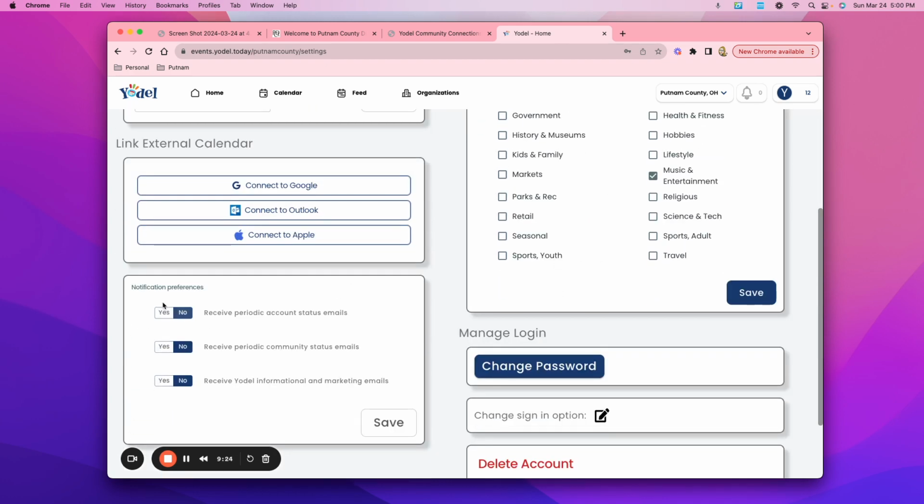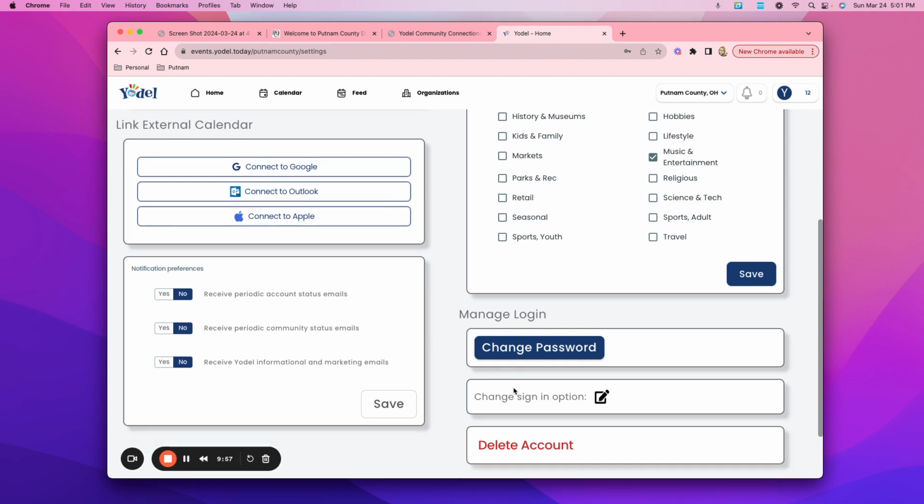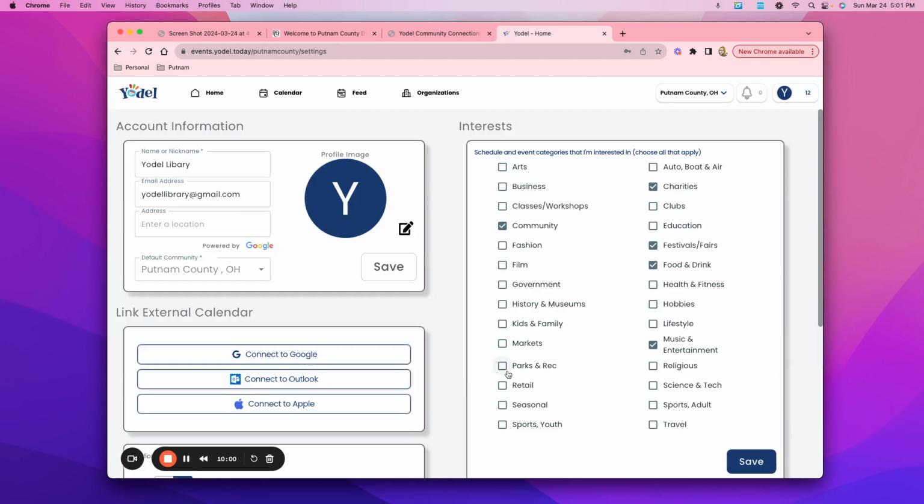The same thing here is your notifications. Anyone who has a phone, you know how you get the notifications that pop up. This is where you could go in and change this information, and you could say, yes, I want notifications periodically by email, or I want the Yodel information, because Yodel sometimes will send out information of maybe how things have changed, or something they've added or changed on the page. And then again, we can always click on the change your password option and so forth. Notice here, the more I've done, my number here is now up to 12.